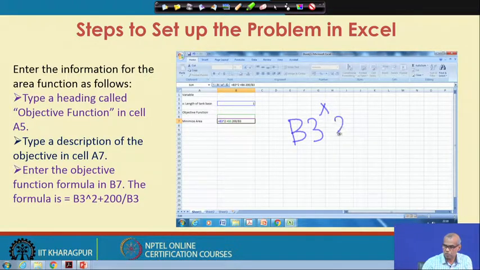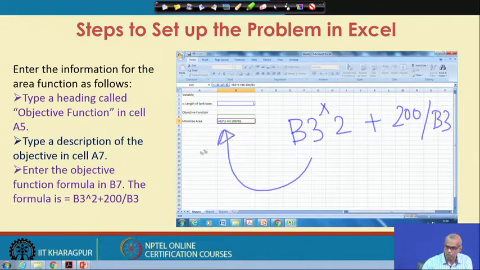B3 square plus 200 by B3. So, this is what you write in B7.